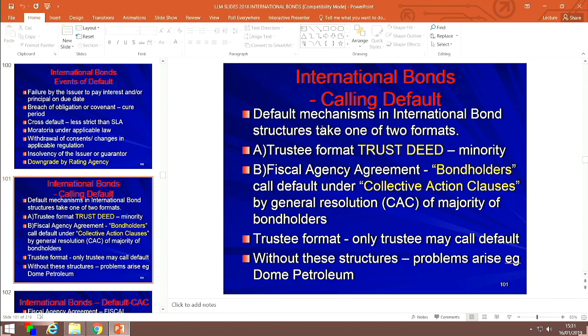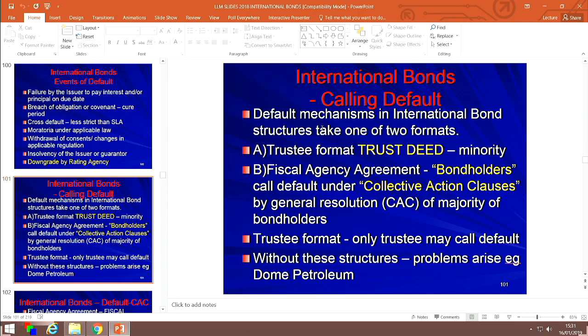Those are the events of default. Now comes the question of how do you call a default? Now, the default mechanisms in an SLA, you know what they are. Syndicate banks buy a majority by reference to whatever the percentage is that has been specified of loan outstandings can call a default. In international bonds, there are actually two different structures, alternative structures used to enable the calling of default. The first one is the trustee format,